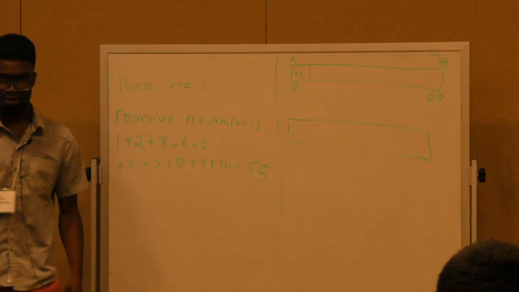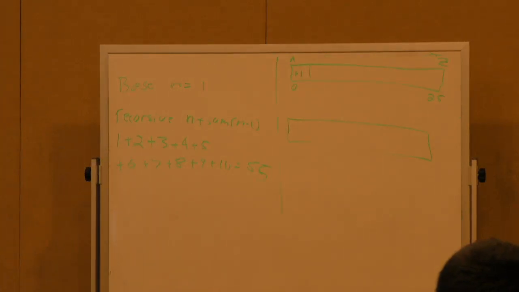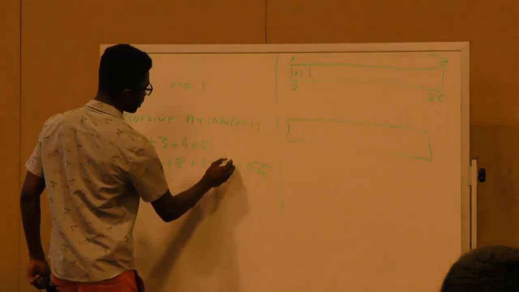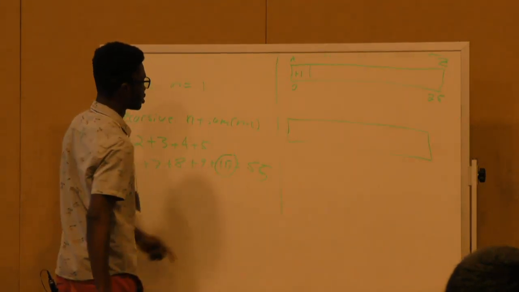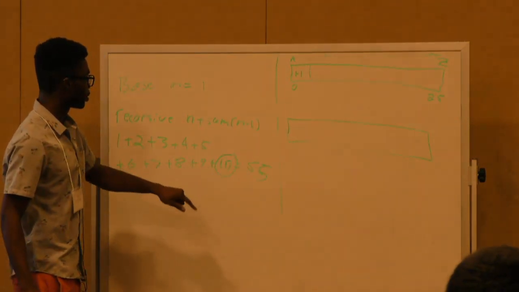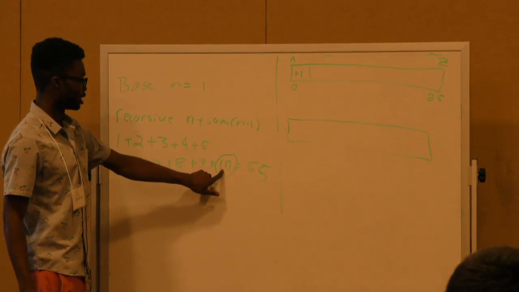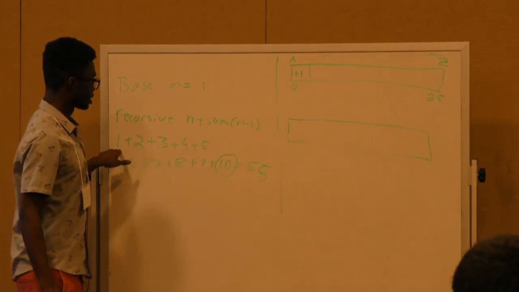All right. So how do you come up with this solution? It's always thinking to yourself, what is the base case of my problem? And how do I go from my current problem to the base case? So your current problem is going to be the number that you passed in, which in this case was 10. So you want to think to yourself, how do I get from 10 to my base case? Well,